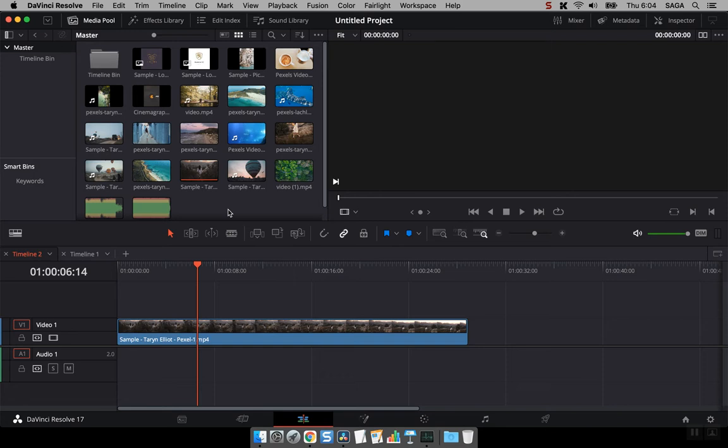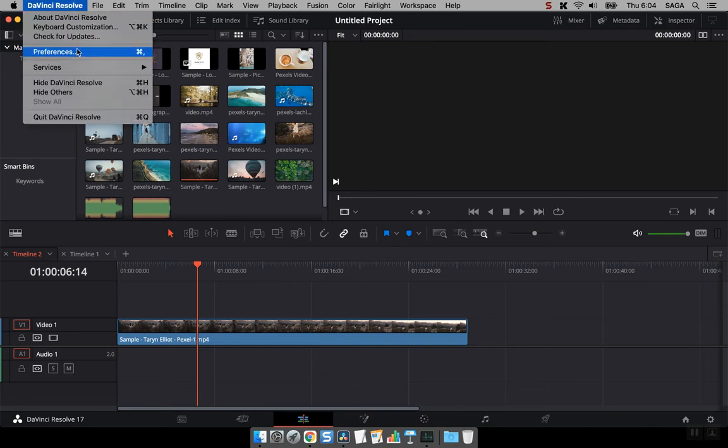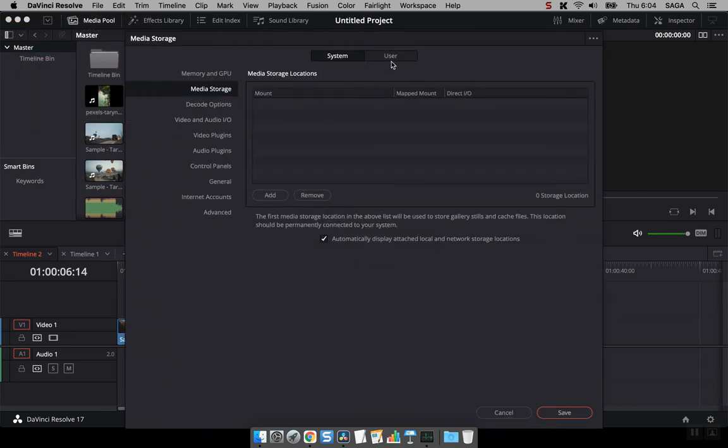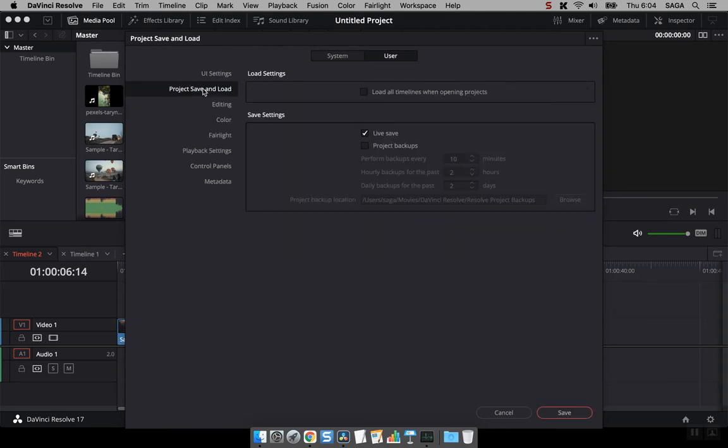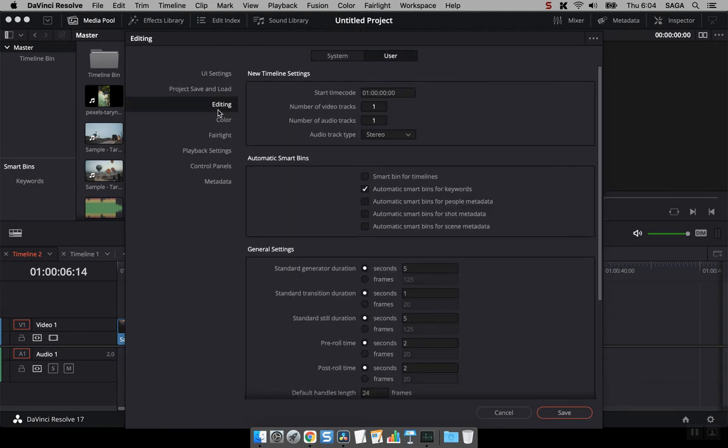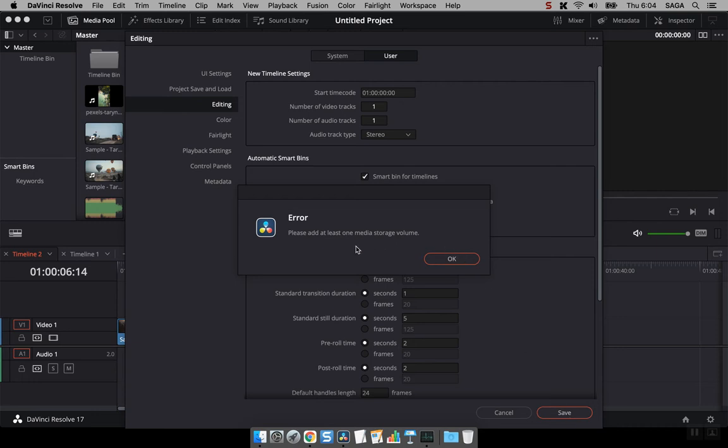You have another option, which will be to come in your preferences, go to user, and at editing over here, automatic smart bins, and over here you could select smart bins for timeline. So what that does, and I did cover smart bins,